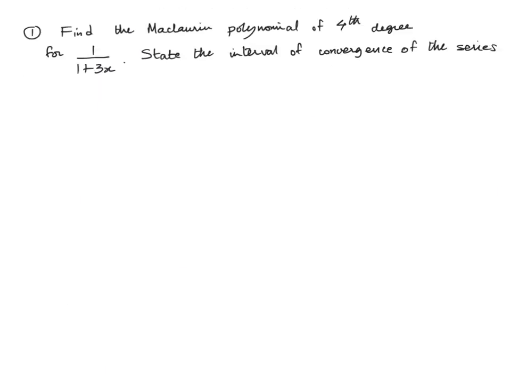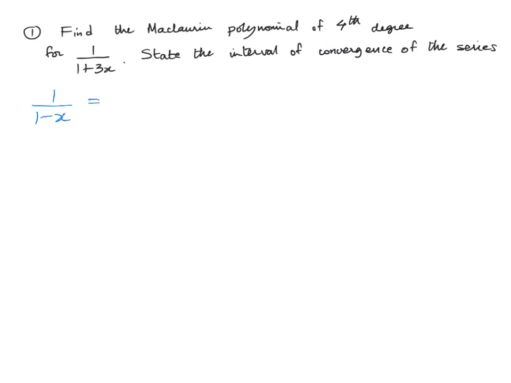So here we are asked to find the Maclaurin polynomial of fourth degree for 1 over 1 plus 3x, and then we're supposed to state the interval of convergence of the series. So of course, when I do a Maclaurin polynomial of fourth degree, I'm not going to have an infinite series, but the series itself will have a particular interval of convergence. So the first thing I notice is I don't actually have a formula for this from one of the basic Maclaurin series, but I do have something that looks sort of like that, and that is 1 over 1 minus